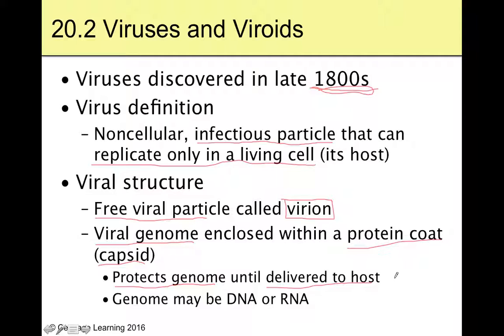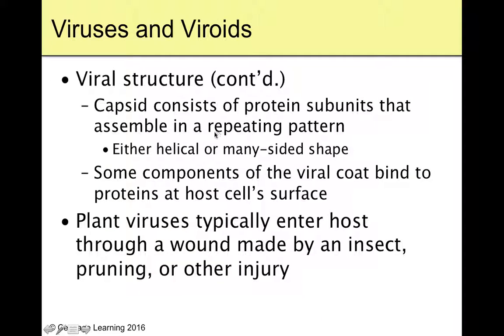But if it lands in a host and its membrane proteins match their membrane proteins, the cell of the host will bring the virus in, and then the virus can go about whatever its strategy is, which we'll talk about, lytic and lysogenic, here in a minute. The genome can be DNA or RNA. To our knowledge, we don't have any that have both. You have viruses that have DNA only, and viruses that have RNA only, but to our knowledge, there's no mixing of these two.